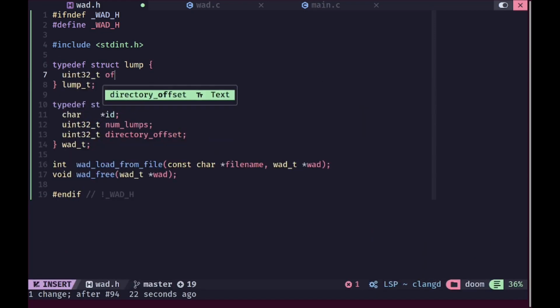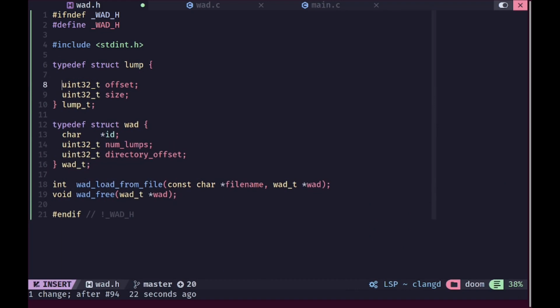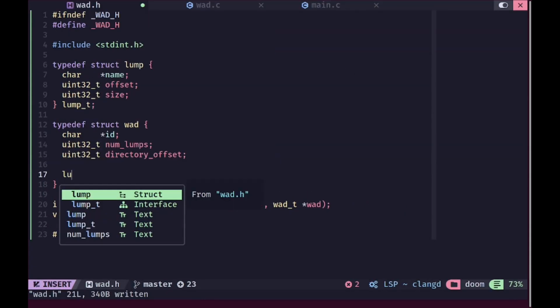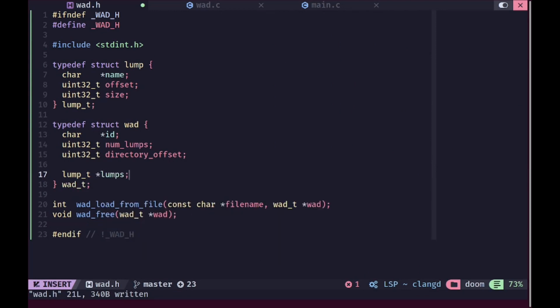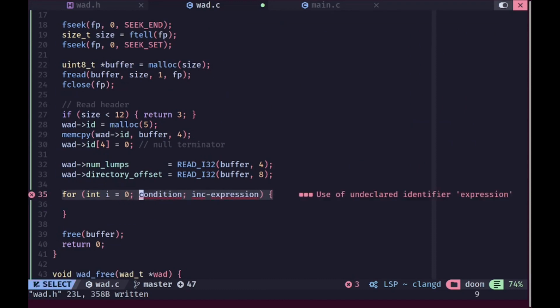And now let's go ahead and add a couple of different variables in there. First of all, one for offset and one for size. And I'm also going to create a character pointer here for the actual name of the lump. Now in here we'll just have an array of lumps pointer because, with dynamic arrays, we don't know the size at